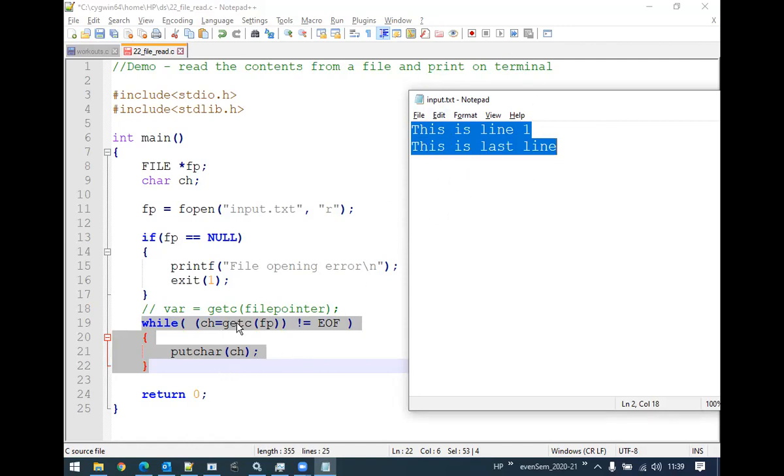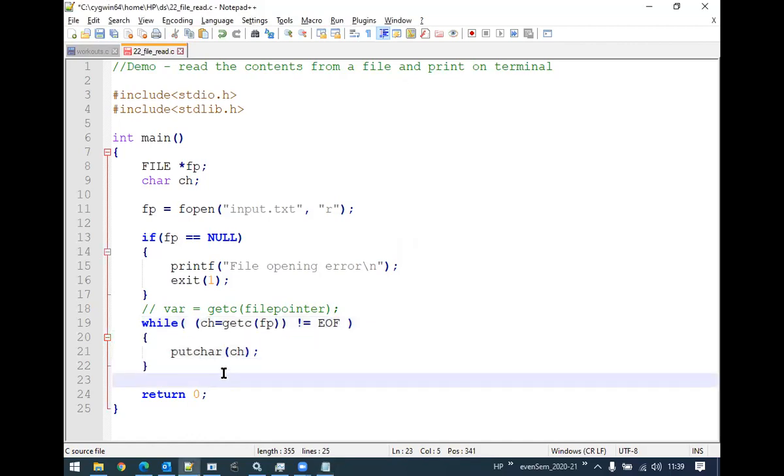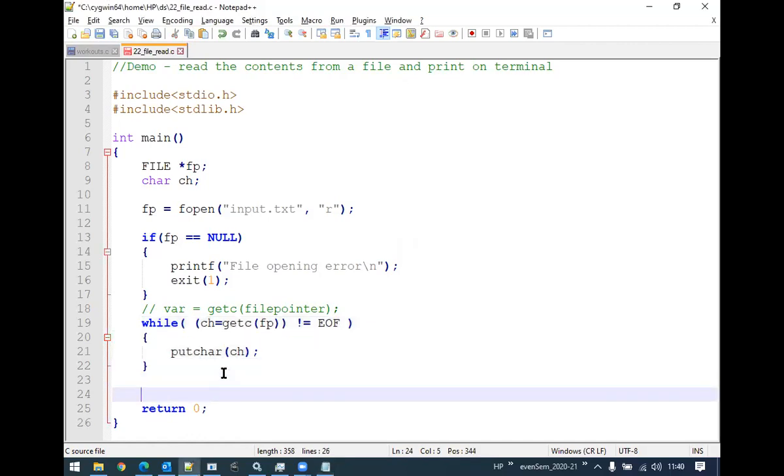Once the operation is performed, the last step is to close the file. So how can we close the file? By just writing an fclose function and passing the file pointer which was opened earlier. Okay, now let us pay attention and see the execution of this program, and then once again I will explain if there are any doubts.